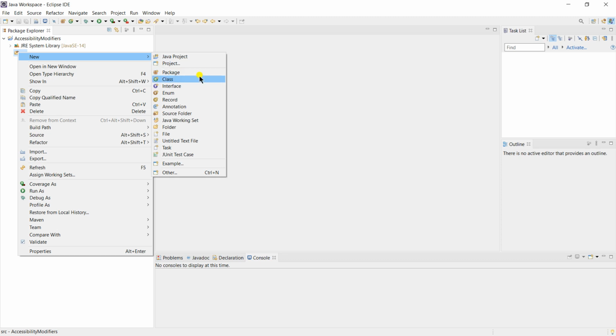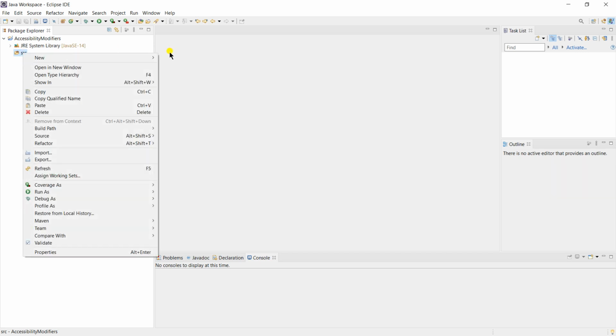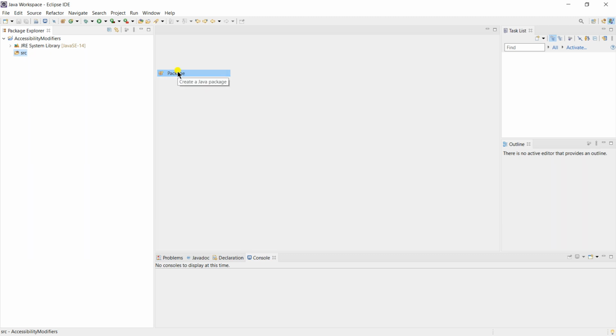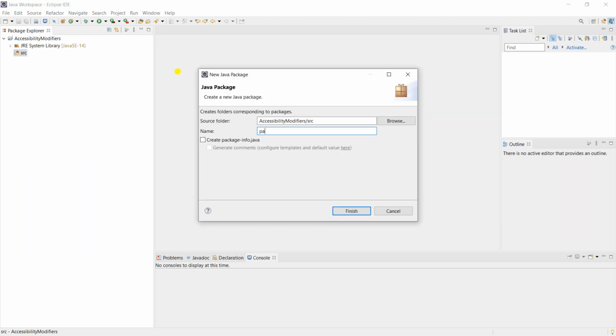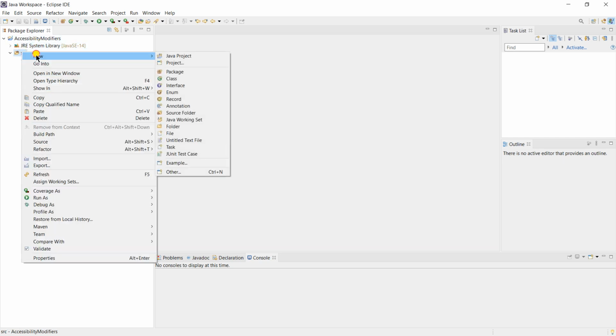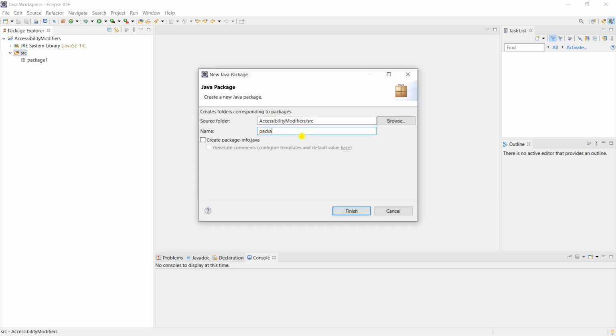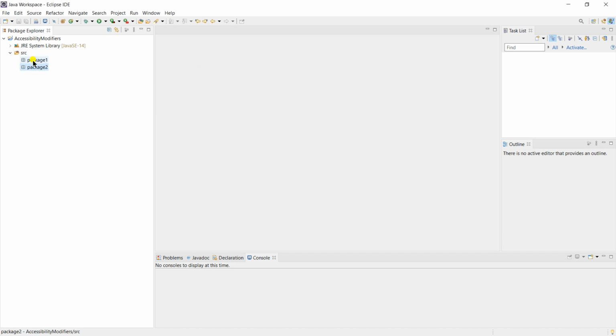Hello. So my name is Akshay, and in today's session I am going to give knowledge on accessibility modifiers. Okay. So for that I am going to create two packages. Actually I have created one project and I named it accessibility modifiers. So I'm going to create two packages in this project, and inside the